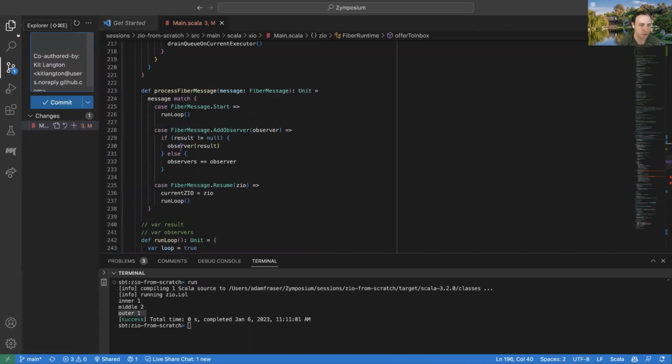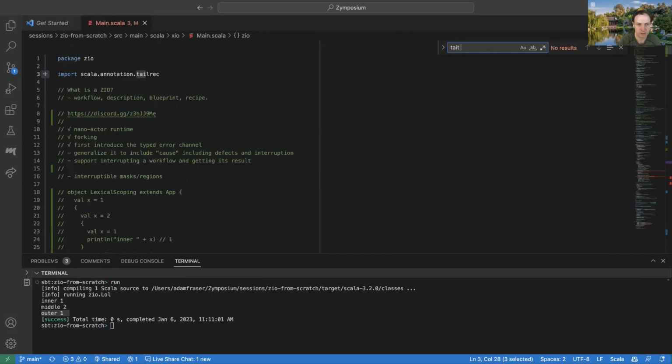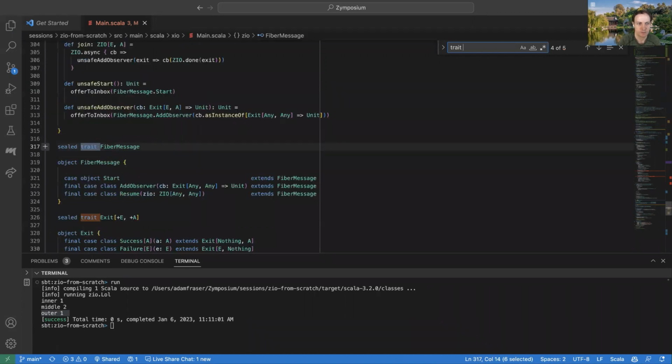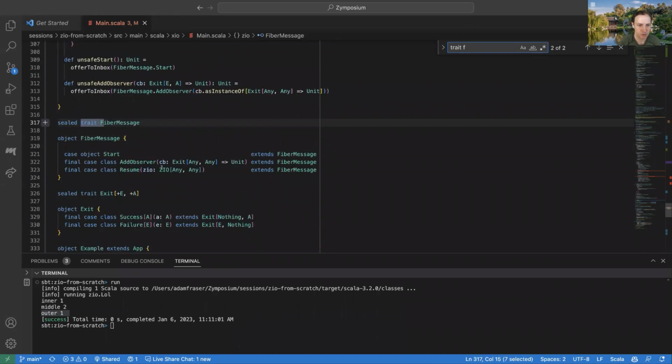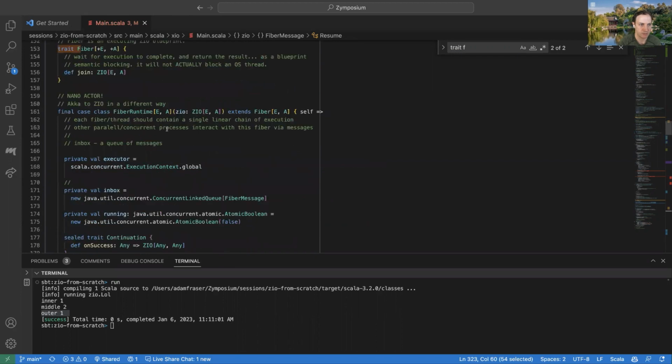If we go back to, I think it's just down here, trait fiber message. Right now, there are only 3 fiber messages we support. You can say start initially, I'm interested in your result, or we use this to have the fiber send us back an asynchronous value that we're waiting for.